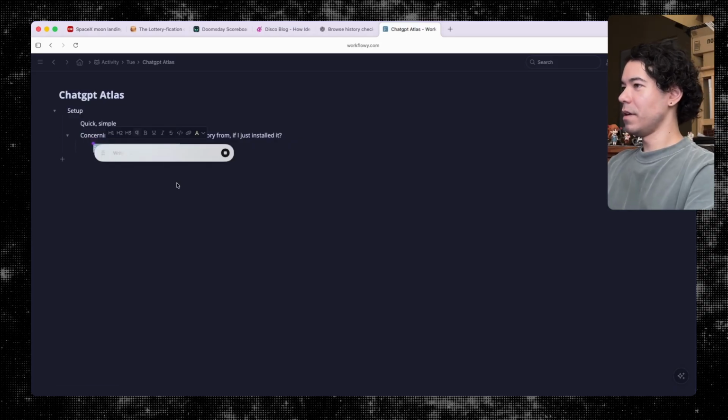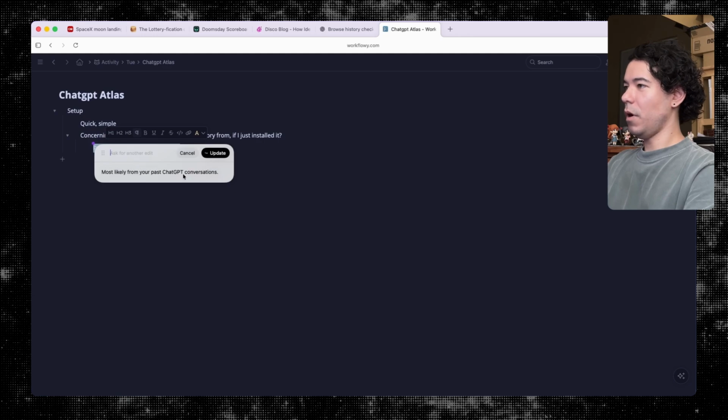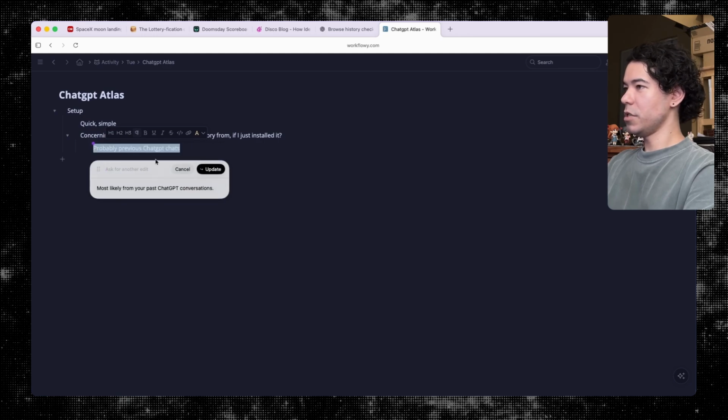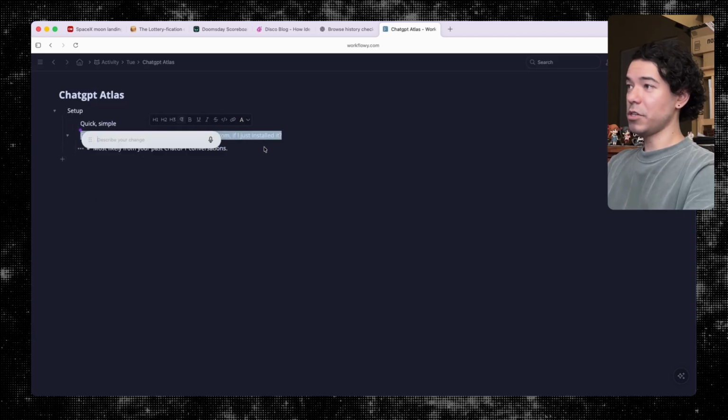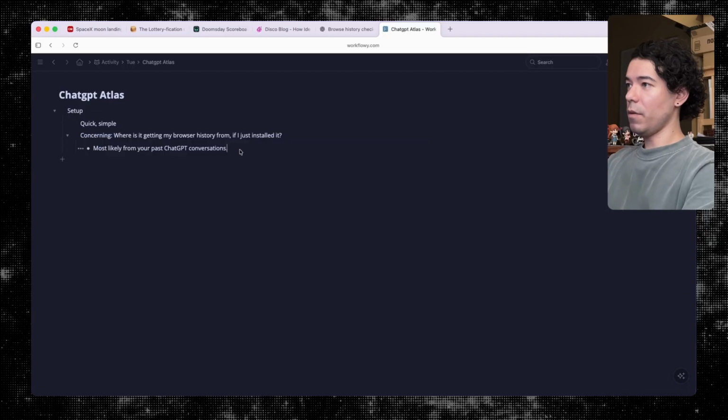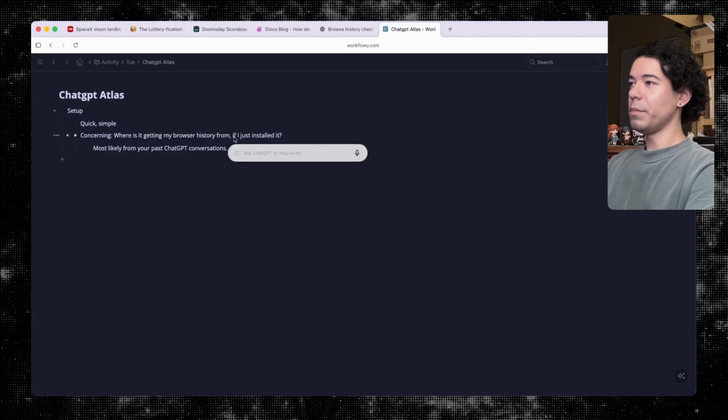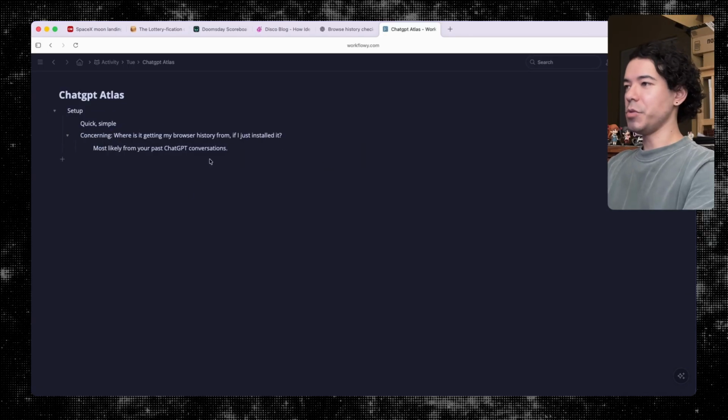Is that what that means? Writing, update. Okay, yeah, probably previous ChatGPT chats, and it rewrote it most likely from your past ChatGPT conversations. Update. Okay, so you can now invoke ChatGPT to make changes to your text in the browser. Okay, interesting. And it makes sense because I think a lot of people probably, when they're jumping from a ChatGPT or some sort of large language model, and they're in the browser and they're doing something else in another tab,